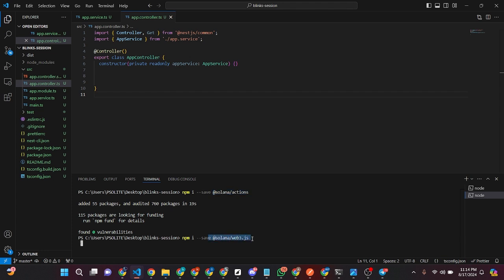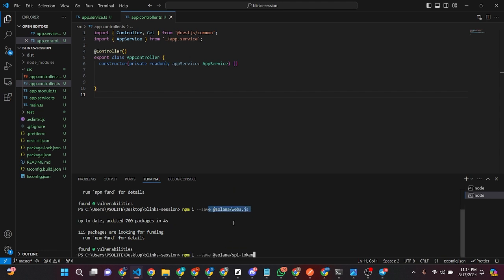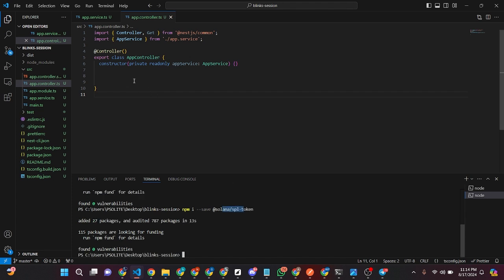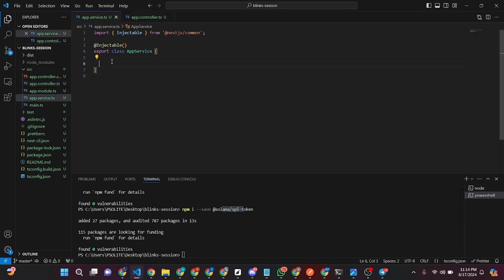And this is for Solana Web3. And this is for SPL token. Apart from Solana itself, other tokens are SPL tokens. So when we are done with the installation, let's start designing